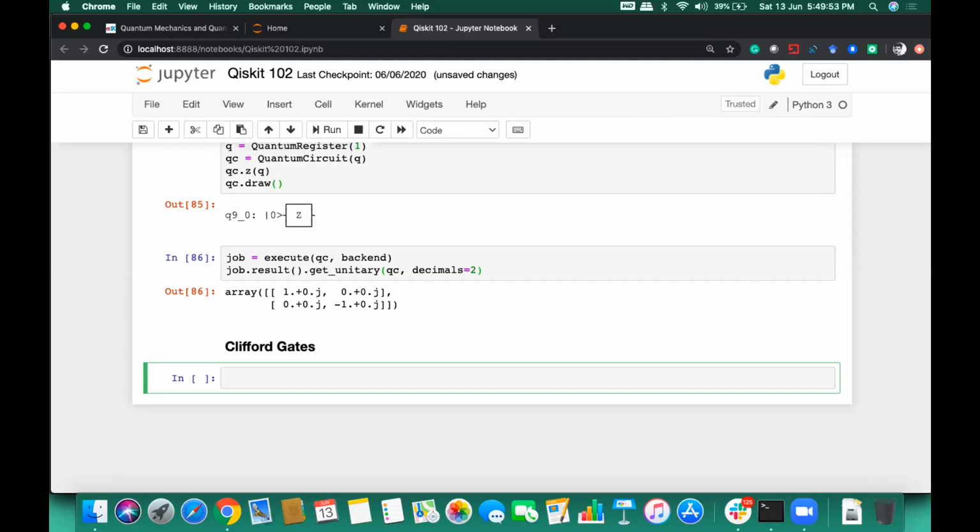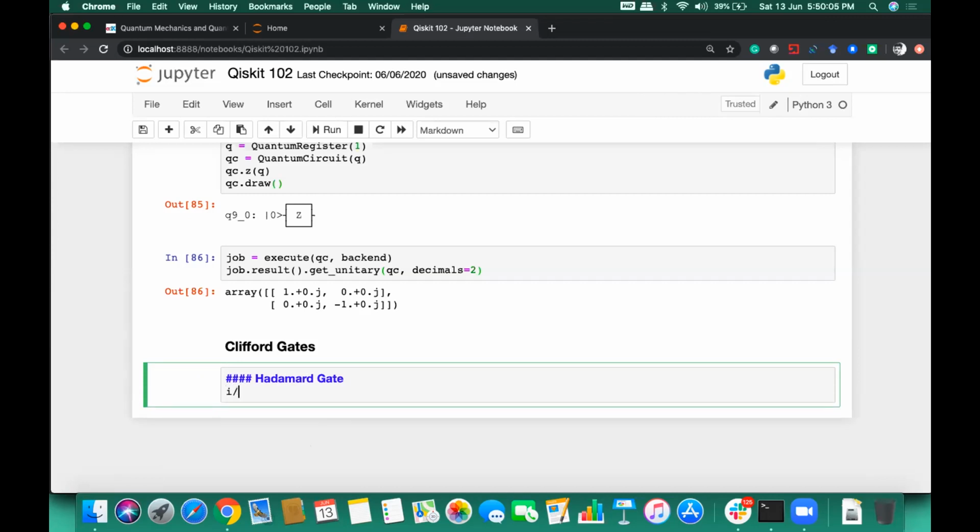Okay, so the Hadamard gate is given by, if I have to represent this in a matrix form, 1 by square root of 2, which in whole will be multiplied with a matrix of 1, comma 1 and 1, comma minus 1.